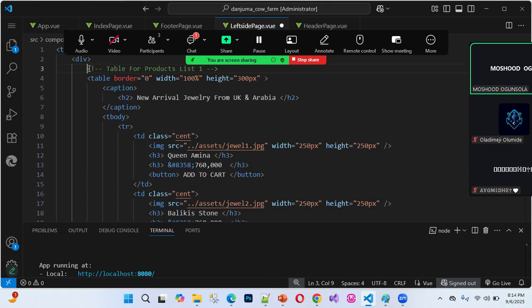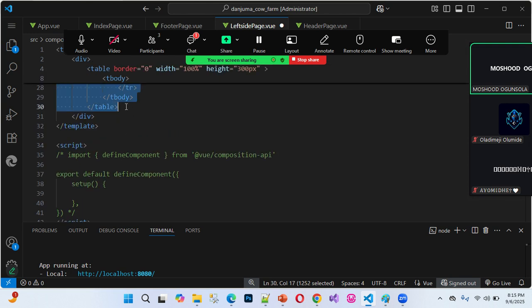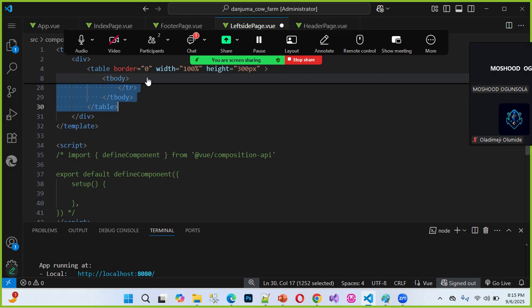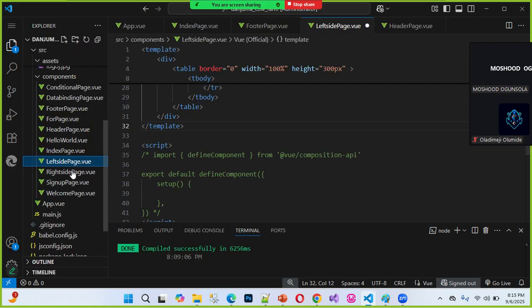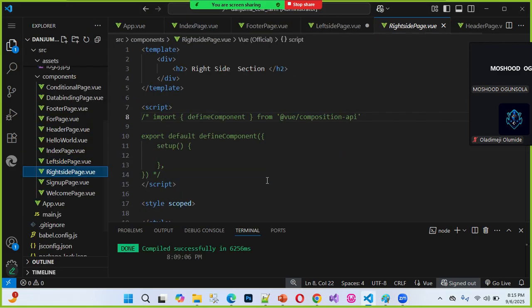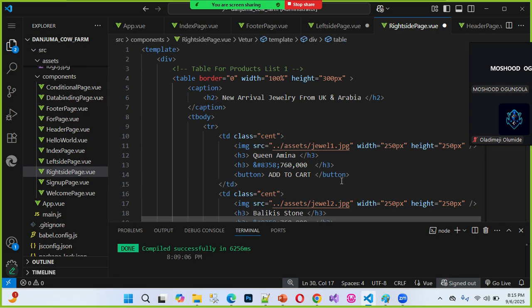So the table I'm using now, I copy this code for this table. I'll now use it for the left content, the left component here. So to design that again, on the left component, I'll use one table, one column. But this is going to cover 50% for this product. Okay, I say what? 50%